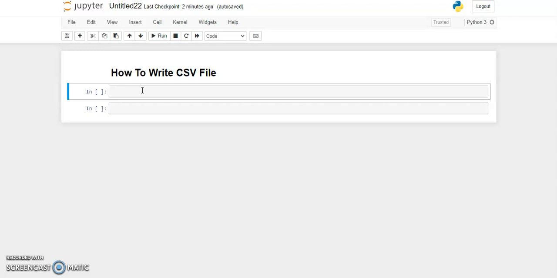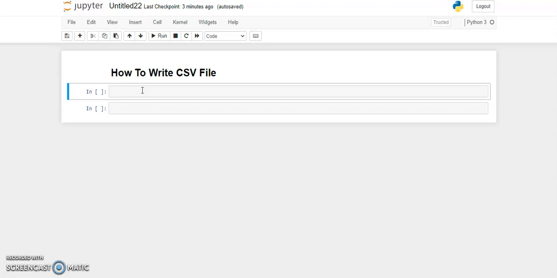It means how to change our given data, or how to clean the data. Writing of a CSV file means that if you have data, it means pre-processing of data. If there are so many null values and missing values, how to handle this type of problem. So writing of a CSV file means the pre-processing of data. As you know, Pandas is used for the pre-processing of data.